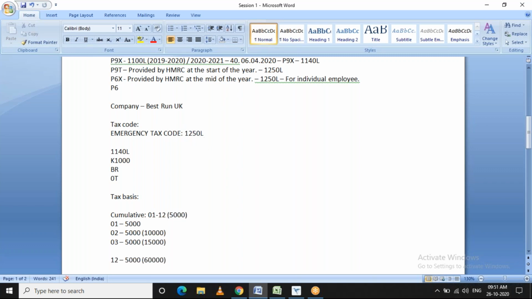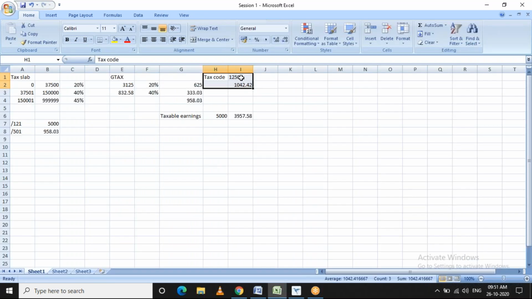It could be like 100L, or it could be 110L. Any tax figure can be there. If the alphabet is in the suffix, what we normally do for calculation is it will be converted into a numeric value. That is, the alphabet will be replaced with the value number 9. Clear?